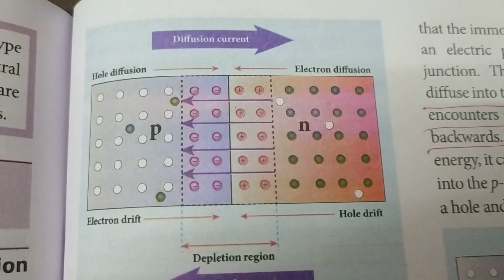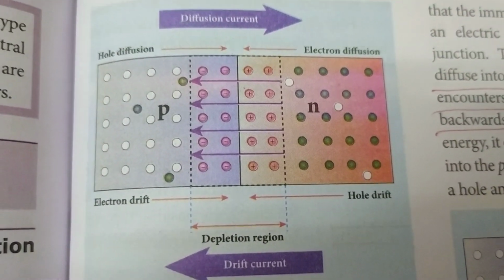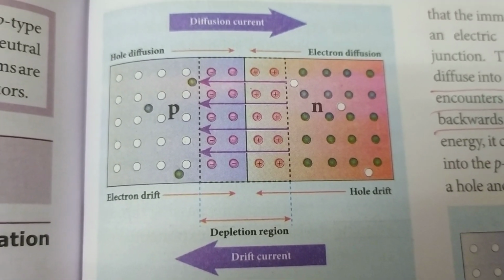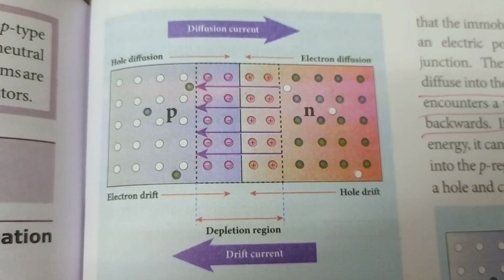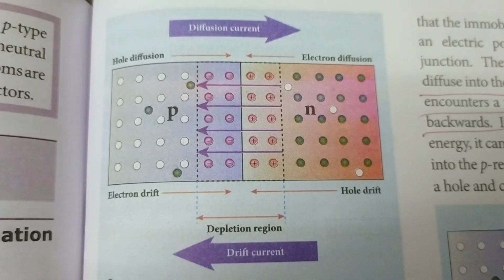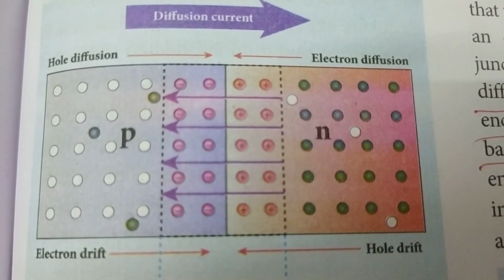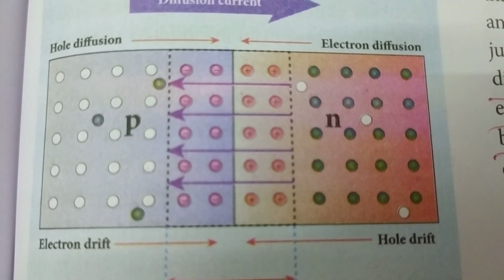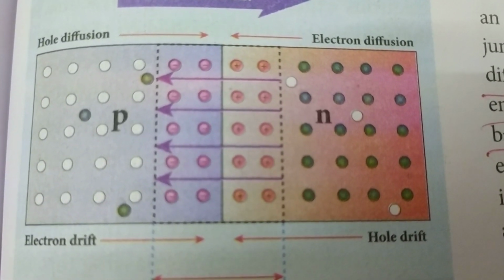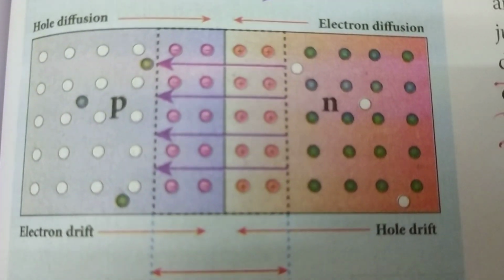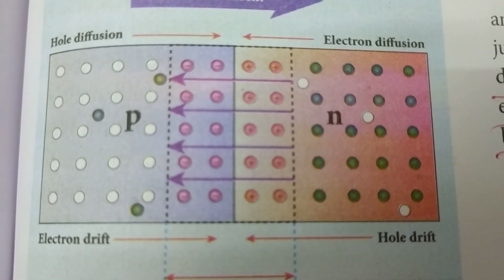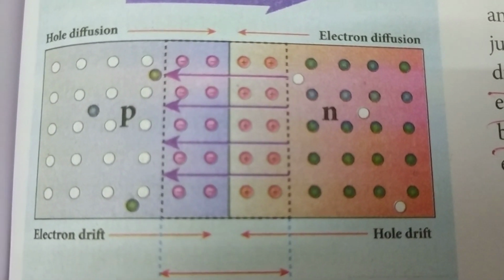For that you take this crystal. Here on one side you have P type and on the other side you have N type. In between the P type and N type there is a junction, and the center line is called the PN junction, and we will see how the depletion layer forms across the junction. The junction is nothing but the center layer of the P type and N type material.